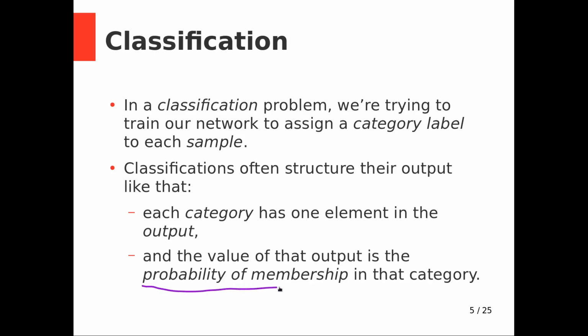Probability of membership, right? So the training set we can label like this because everything in the training set we can assign an unambiguous category to, right? We know with perfect certainty, in the example of the unit cube problem, what label every point should have. Our network's output might end up looking something like this,